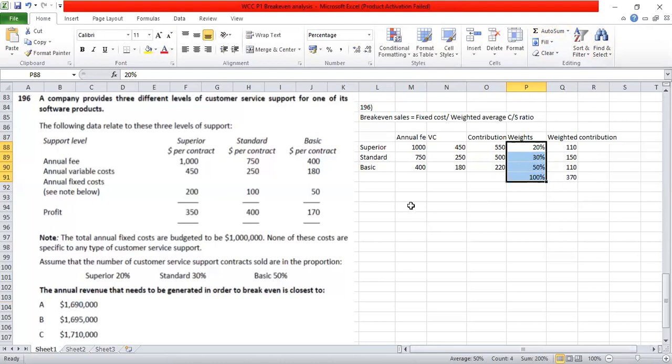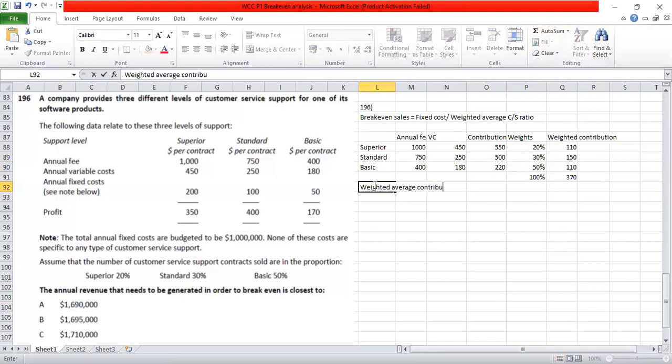So the weighted average contribution margin will be 370 divided by 100%. 100% is 1, so it would be the same, 370. Fixed cost, annual fixed costs are 1 million. So break even sales is equal to